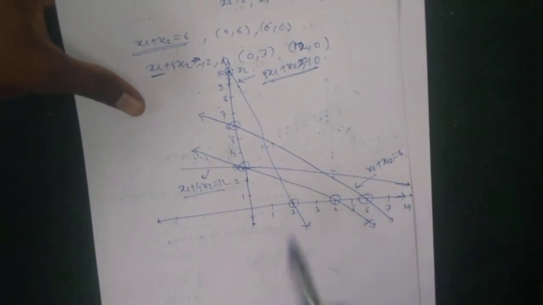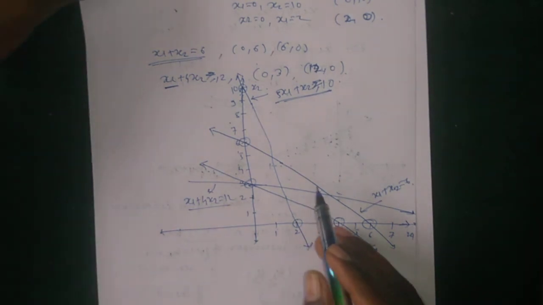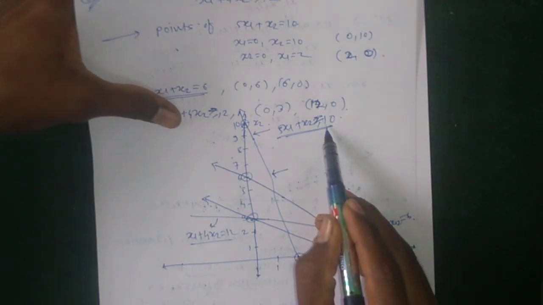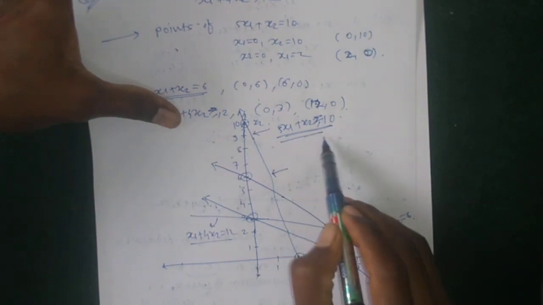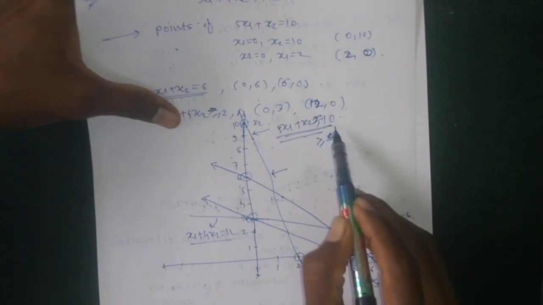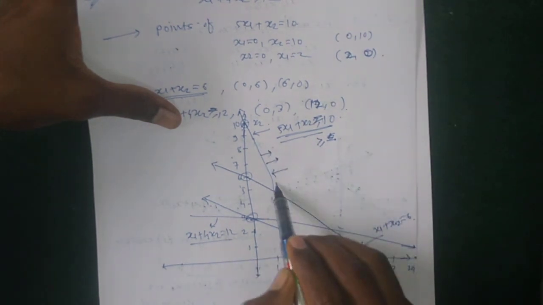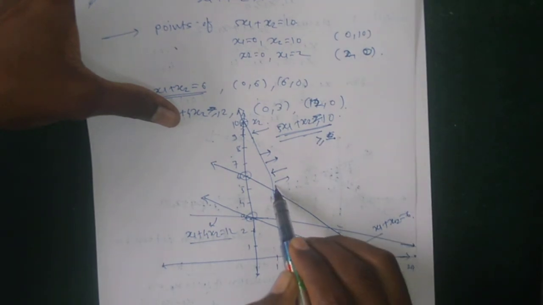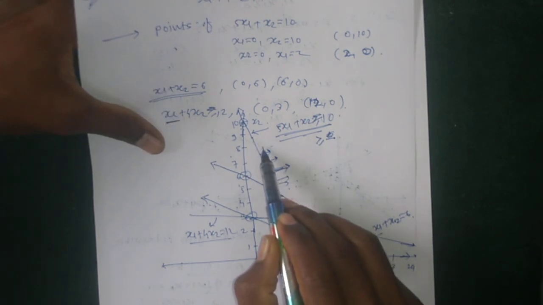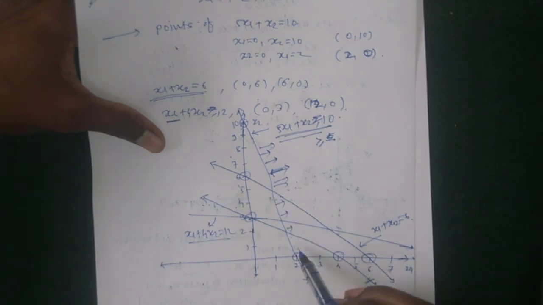Okay, but this is a line only. We have to show the region of our lines. This line is 5x1 plus x2 is equal to 10. So for this constraint, which is greater equal type, therefore the region is the upper side, meaning the RHS of this line. Okay, this is the RHS region, the feasible region is this side, for this line.